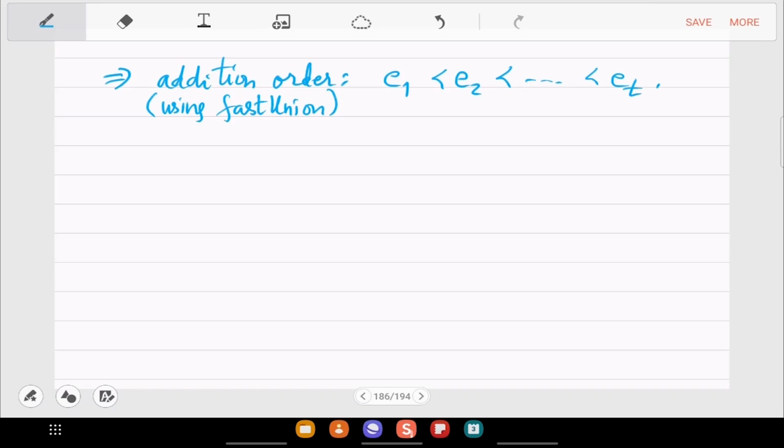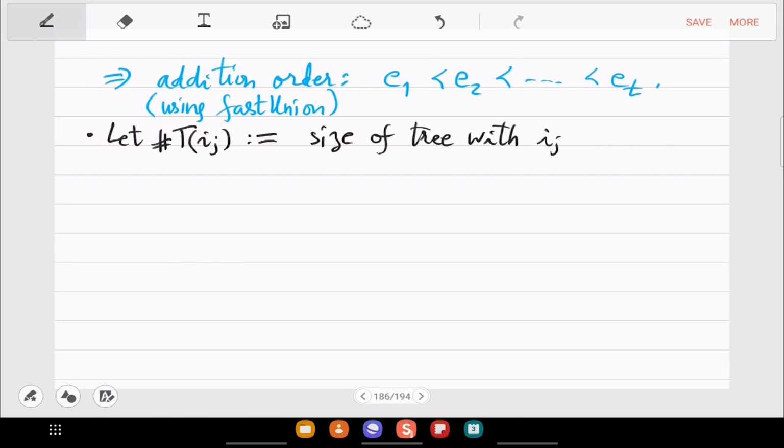So let me say that Tij size is the size of the tree with ij as root. And what I want to claim is, I want to relate size of Ti1 with size of Ti0.